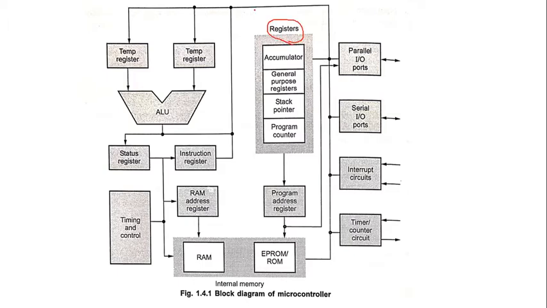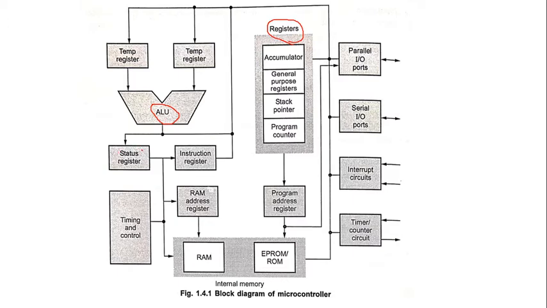And the same signal is also directly given to the temporary register. So what is the major role of the temporary register? It does not save the data permanently, but only at a given moment of time it stores that data and directly gives it to the ALU, that is the arithmetic and logical unit. We already studied the ALU. So what happens in the ALU? All the arithmetic and logical, that is mathematical, operations are performed in the ALU. The output of the ALU is directly given to the status register.